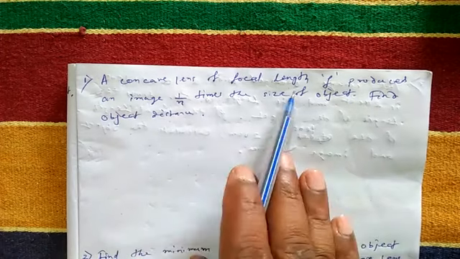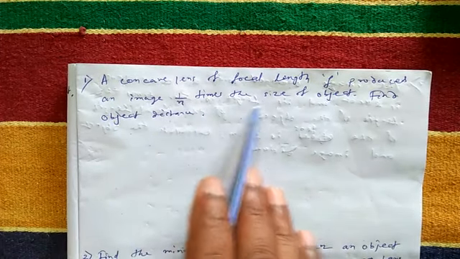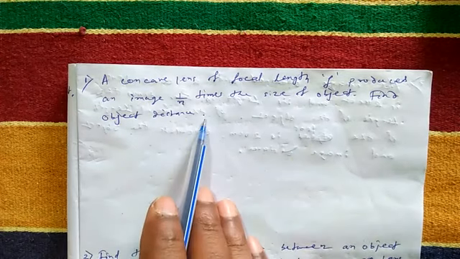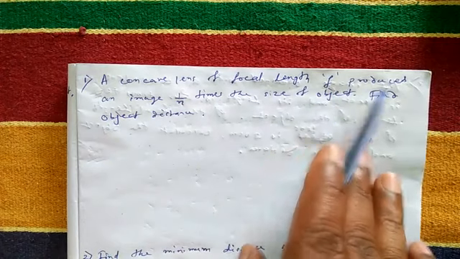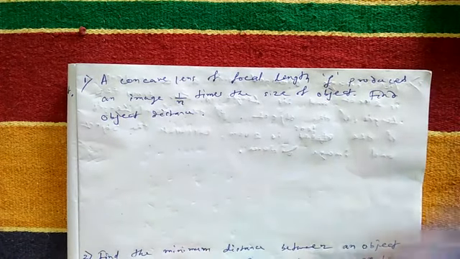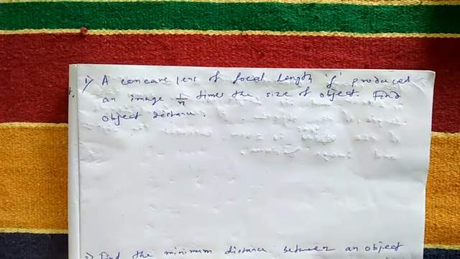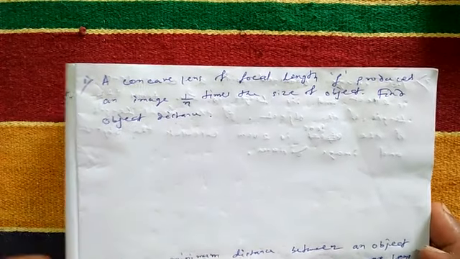A concave lens of focal length f produces an image 1 by n times the size of object. Find object distance. As we know, concave lens produces virtual image and